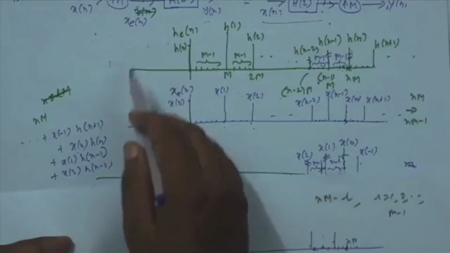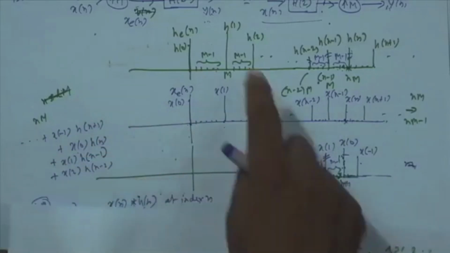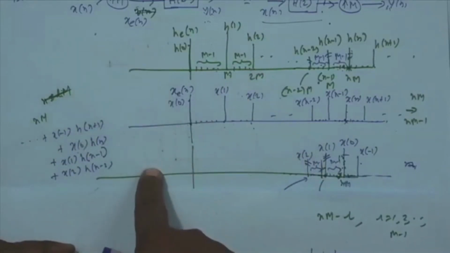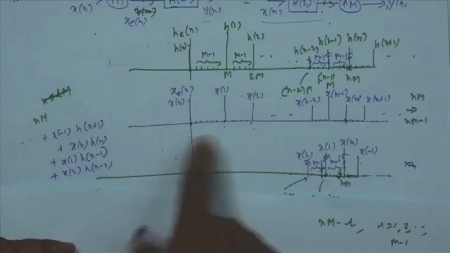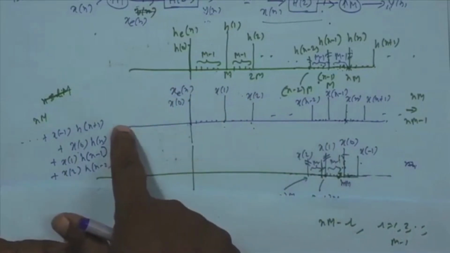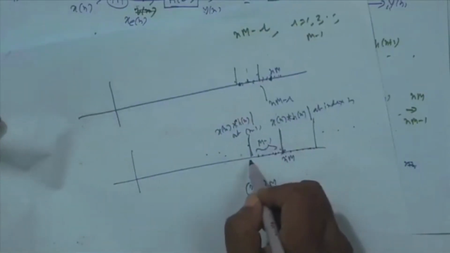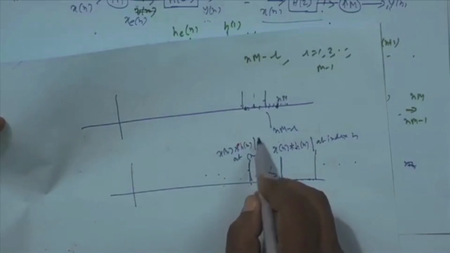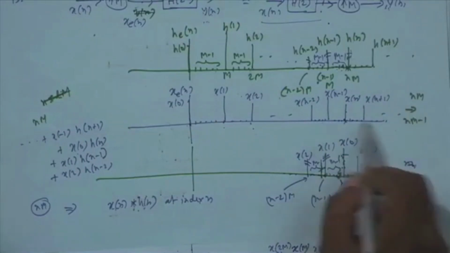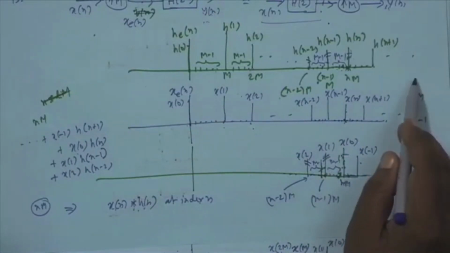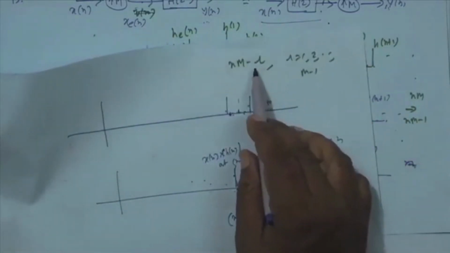Similarly, if instead of n it is n minus 1 m, then by the same logic, at n minus 1 into m the output will be the original linear convolution at n minus 1, because at nmth the output is the original convolution at n, and so on and so forth. And then if I do not shift by nm or n minus 1 m or n plus 1 m, but shift by something else, like say nm minus r, where r can be 1, 2 like that,